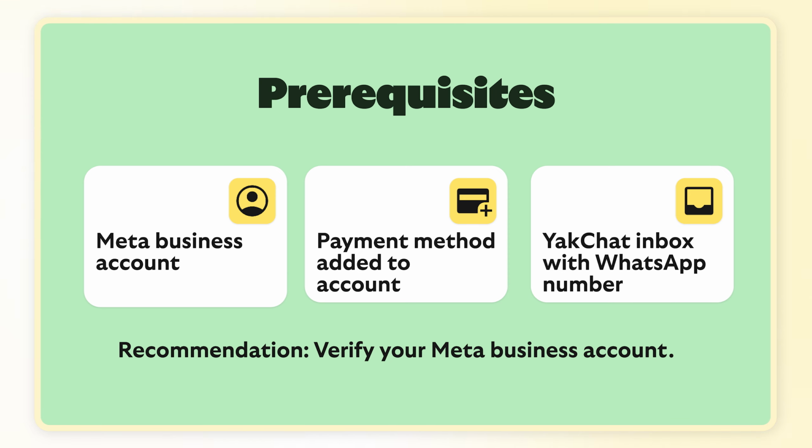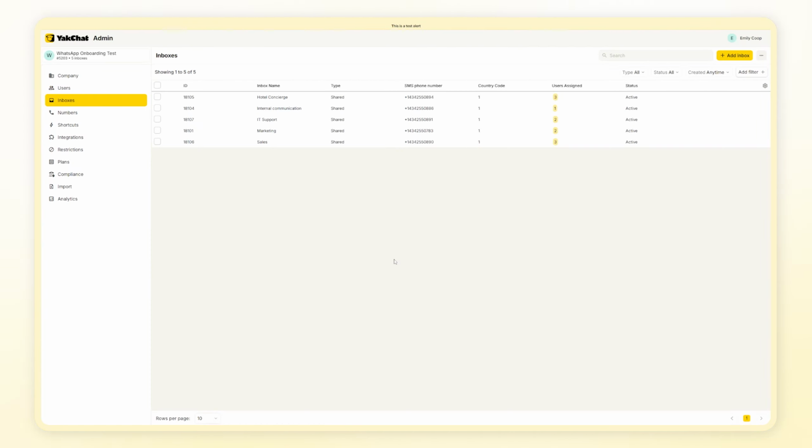It's also a good idea to verify your Meta business account. Verification means your business name will show up in WhatsApp. You can add up to 20 WhatsApp numbers, and you'll be able to send up to 1,000 messages every 24 hours. To add WhatsApp to YakChat, all you need to do is link the phone number to your Meta business